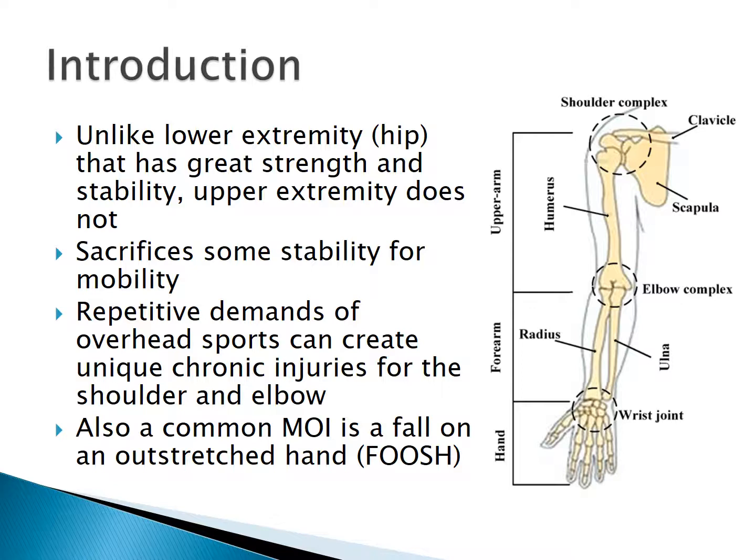Injuries to the upper extremity account for approximately 23% of the injuries seen in the sports medicine environment. That rate may be much higher for specific sports. The repetitive demands of overhead sports can create unique chronic injuries for the shoulder and the elbow. Another downside of our upright posture is our natural tendency to fall on an outstretched hand, or FOOSH, to break our fall, which can create a number of injury scenarios for the upper extremity, particularly at the elbow, forearm, wrist,